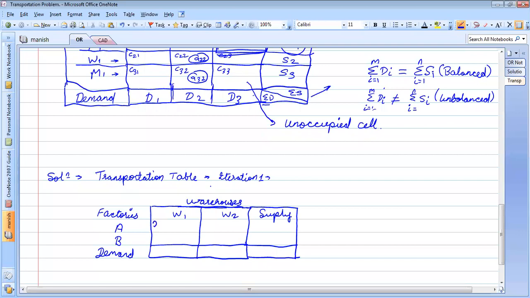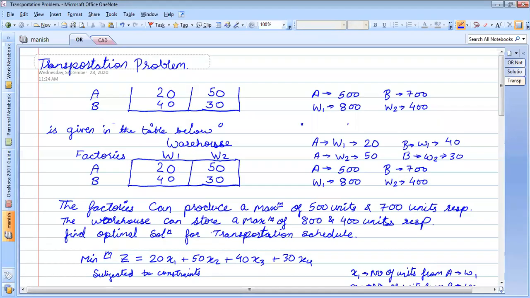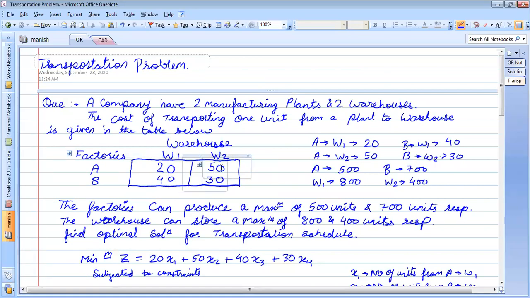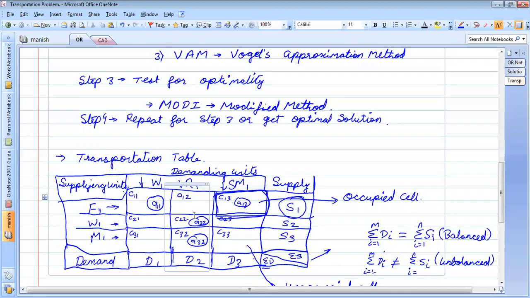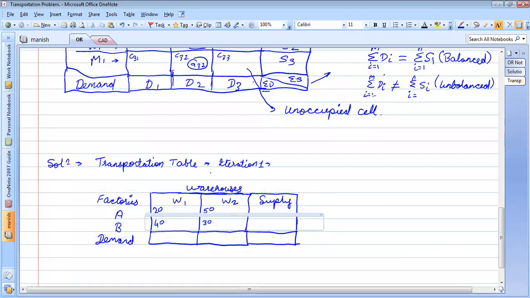So this is 20, this is 50, this is 40, and this is 30. Let us check once. Correct? 20, 50, 40, 30. So I have written it in the top left corner. Any doubts up to this point?